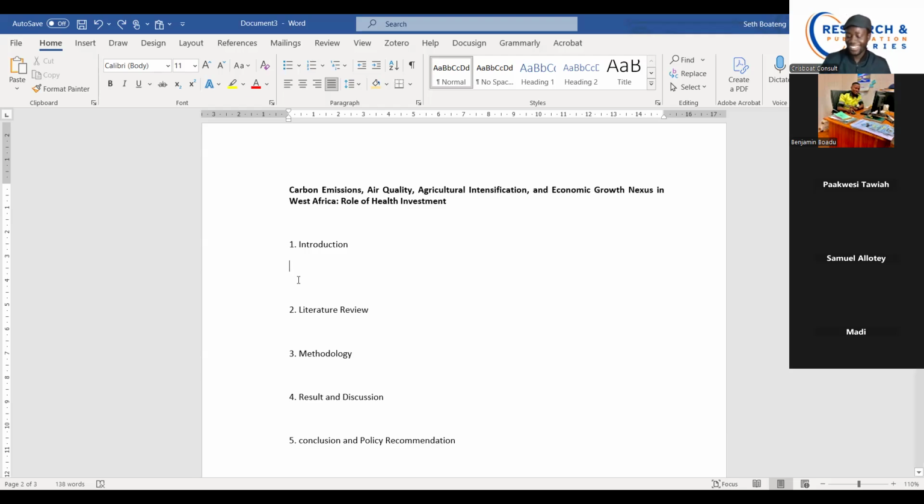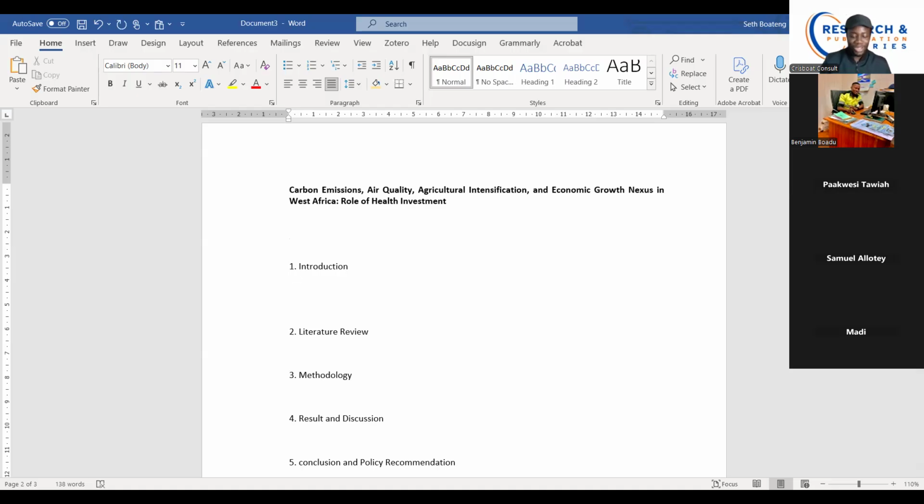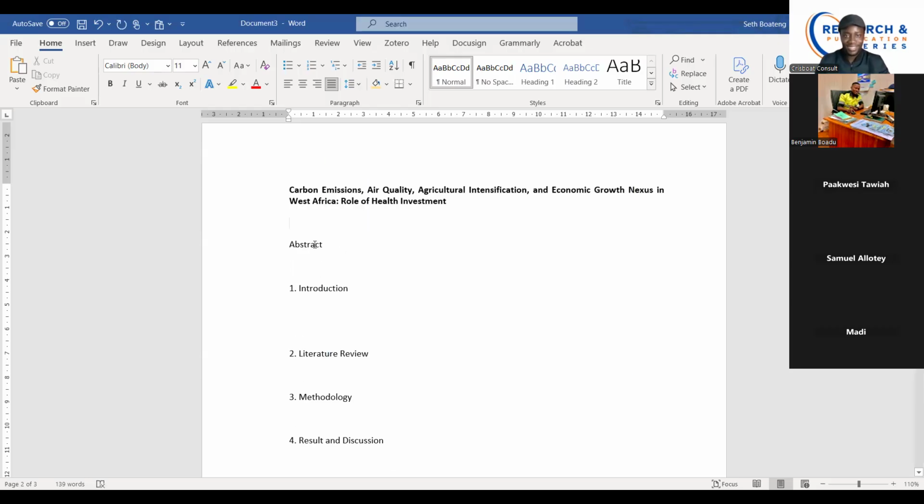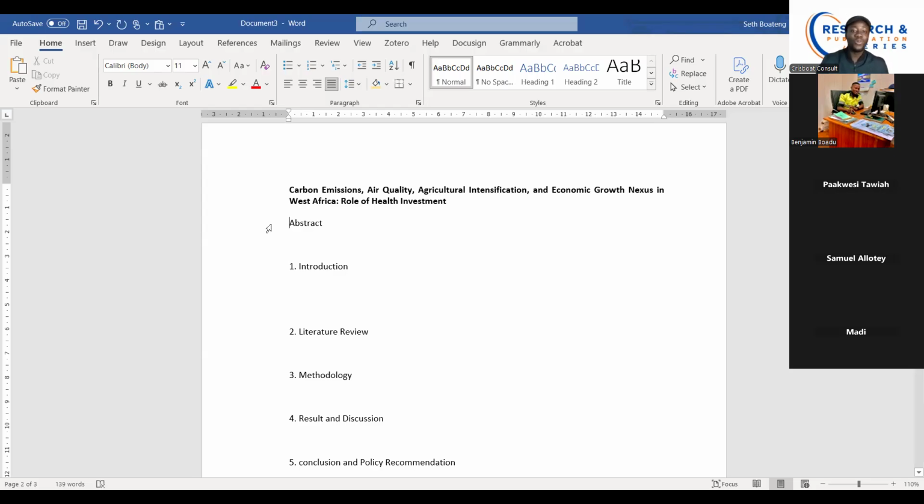Oh, that one is part. Yeah, abstract is part of the final, like you are finalizing the work. So okay, let me put it there. Yes. So abstract is there. You always write your abstract when you are done with everything in the work. You have done all your corrections, review, and everything.